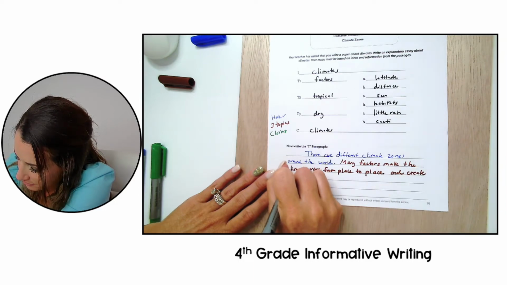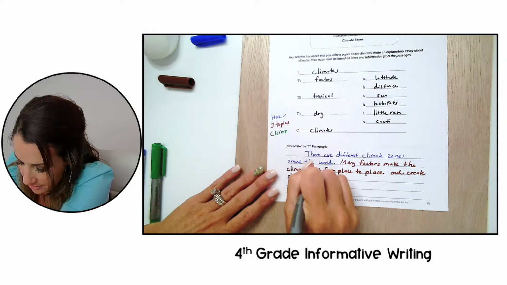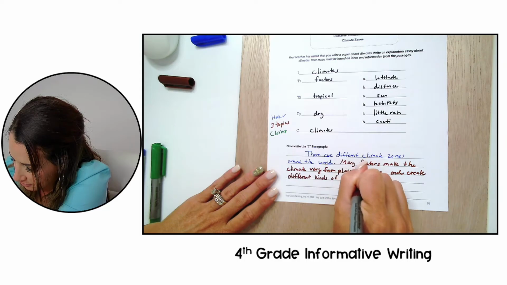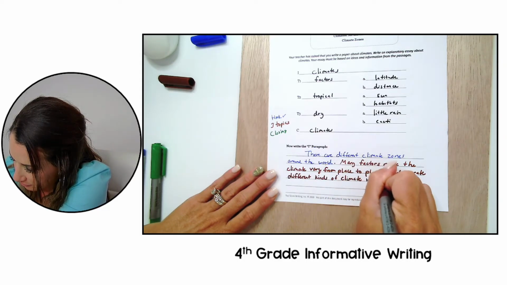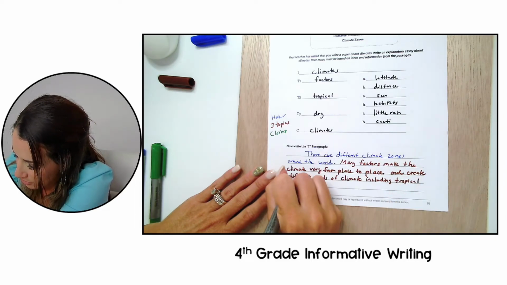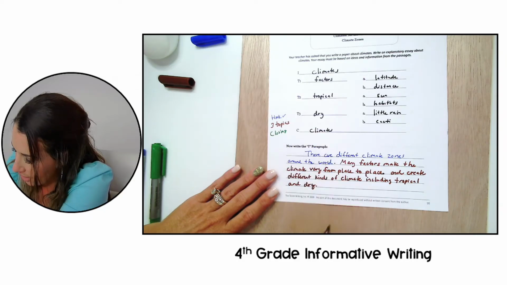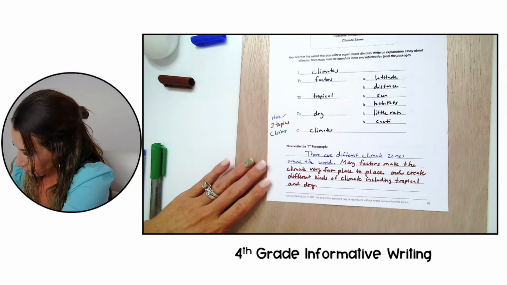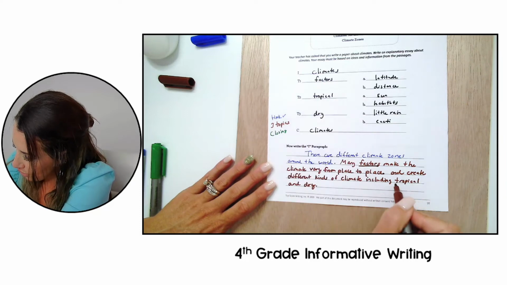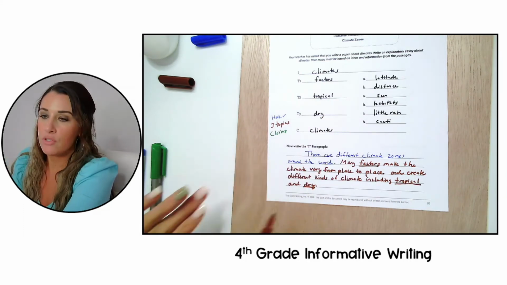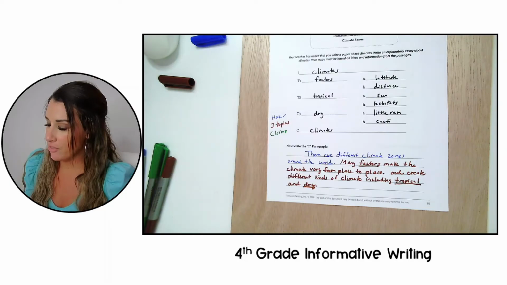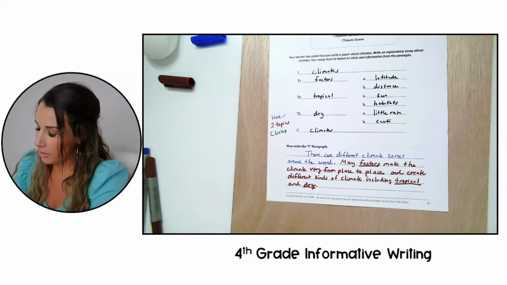and create different kinds of climate, including tropical and dry. So I put factors. I'm just going to underline in front of factors, tropical, and dry. So that way I'm mentioning the 3 topics I'm going to discuss in my essay in my introduction paragraph. And then I'm going to do a simple closing